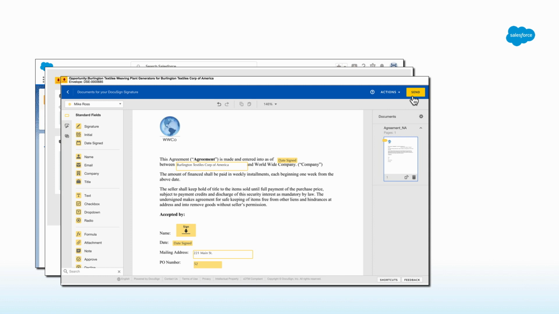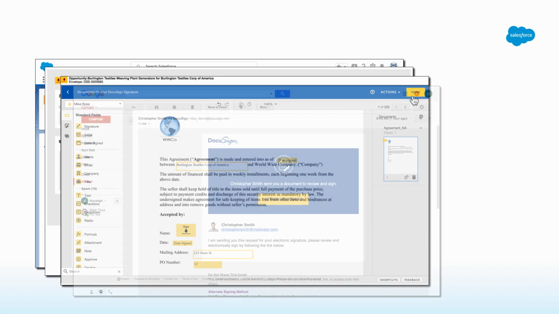Custom tags let you pull the data from your Salesforce record. And as a recipient, if I change this data, let's say I feel that the name is wrong and it should be Burlington Textile instead of Burlington Textile Corp of America, if I change it as a recipient while signing, the updated account name will go back to the Salesforce object. So once you add all the required tags on the document, you feel that it looks good, and you are ready, you can click on